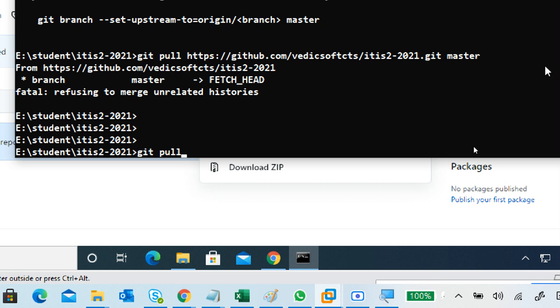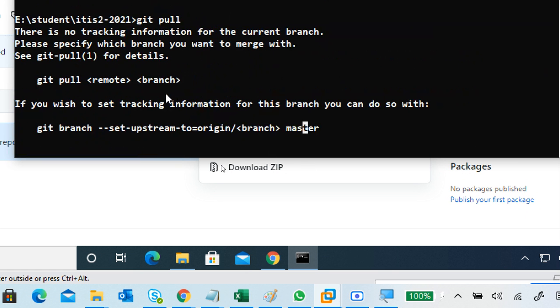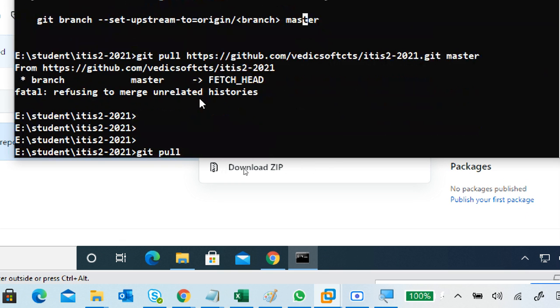Okay. Not creating any branches here. Okay, how to pull the information? It is always a type. Git pull.